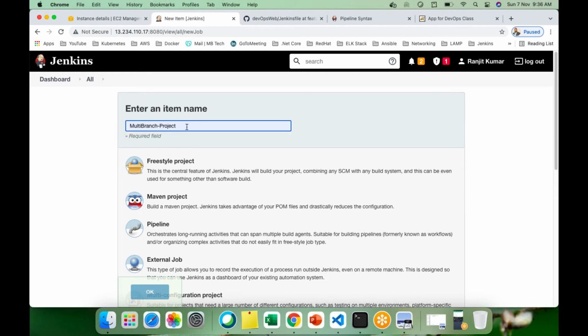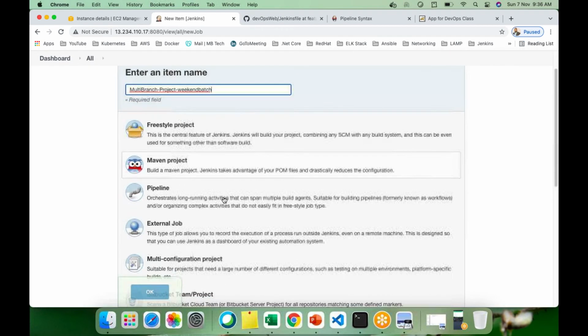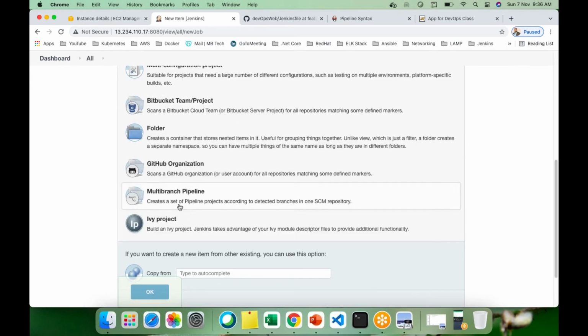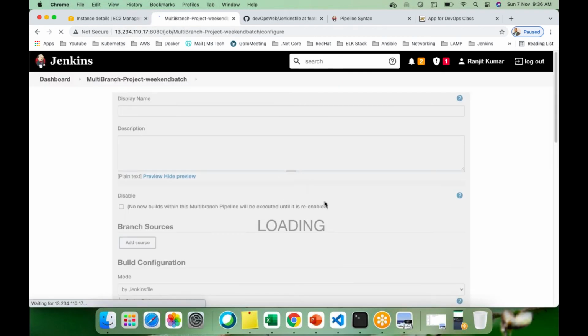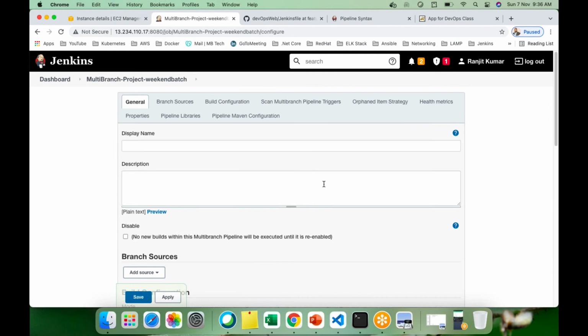Now the agent concept is clear, and how you can execute particular jobs in different agents. Now what am I going to do? I'll show you the multi-branch pipeline job. We'll create a new job, and I'll show you how to execute the multi-branch pipeline. This is very important, guys,